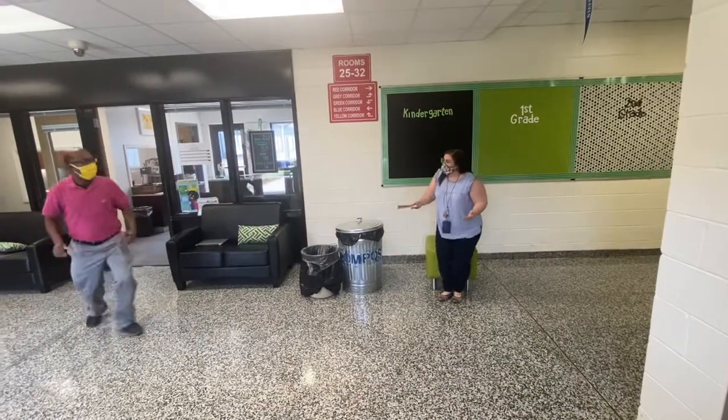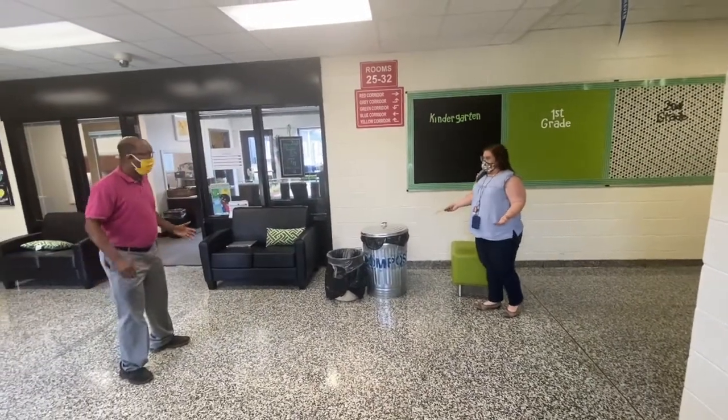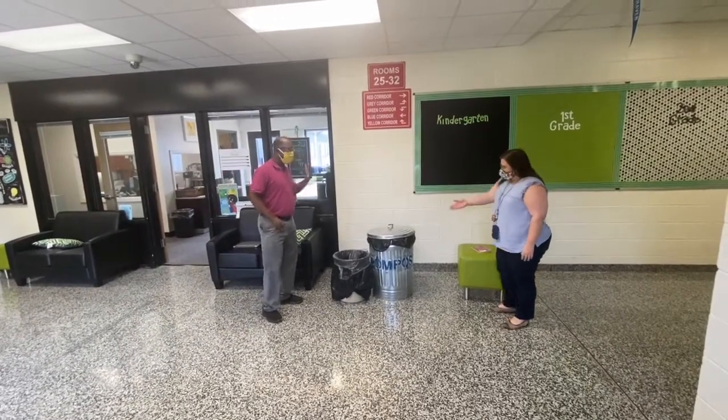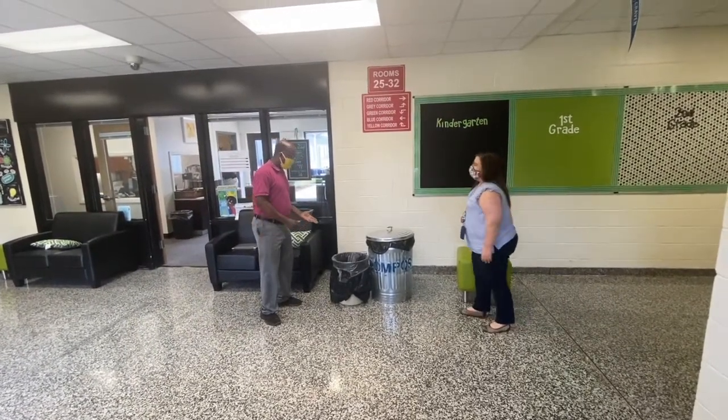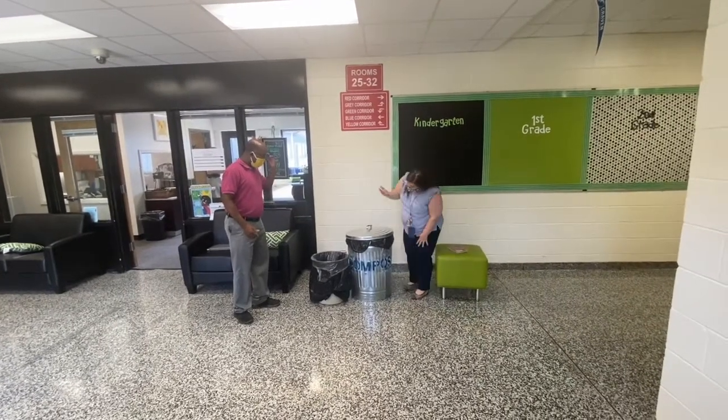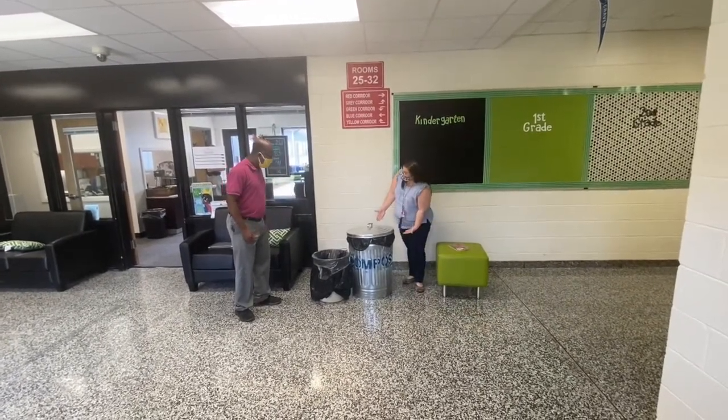Mr. Nesbitt! What did you just do? I just threw my apple core away. I just finished eating a delicious, healthy apple. Why did you throw it in the trash can? Well, isn't that where apple cores go? No, Mr. Nesbitt, at Oaks Road, we have a composting bin. Oh, composting. Yes, so...